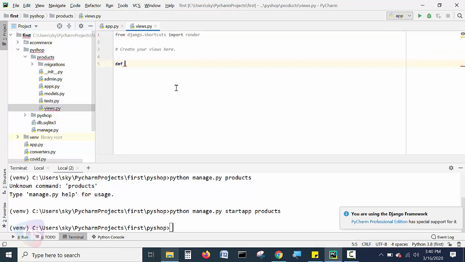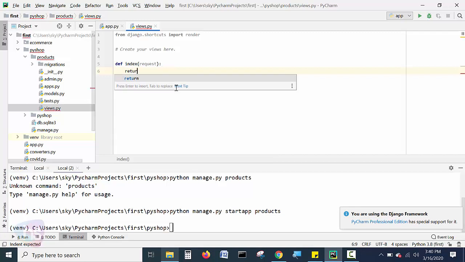Like the definition of the function, we can call it index of request. What is the user requesting? We need to catch the request over here, and decide what we need to return.